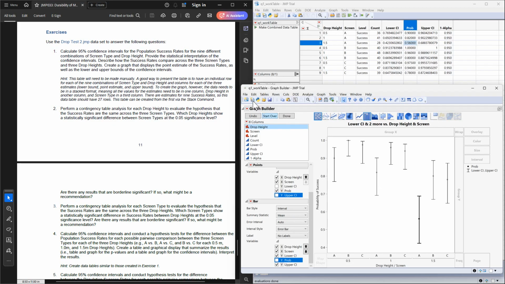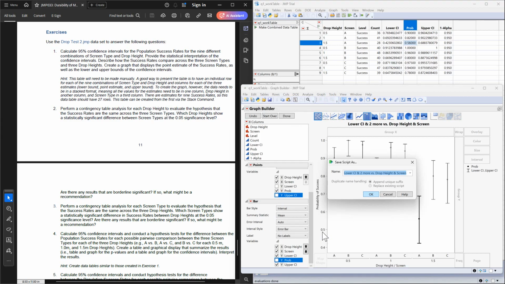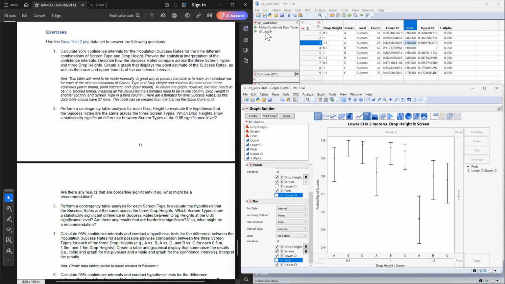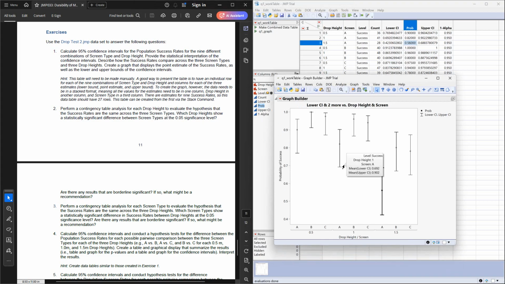So with that being set up, let's go ahead and save this script first thing before we mess up and lose all that work we just put into that. So save script to data table, and I'm just going to call this one the Q1 graph. Okay, so we've got that saved as a script up here in the data table, and what we can do now is go up here to the upper left, hit the done button, and there is our finished output for